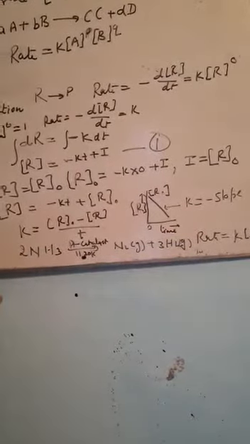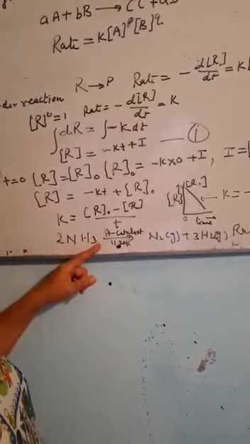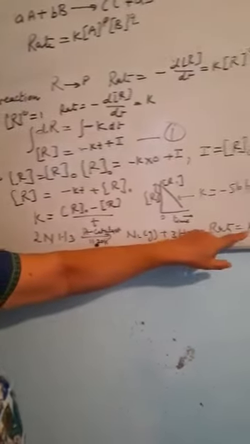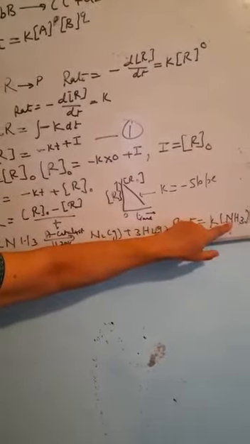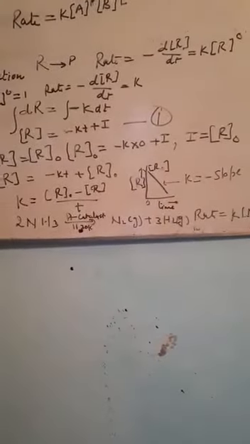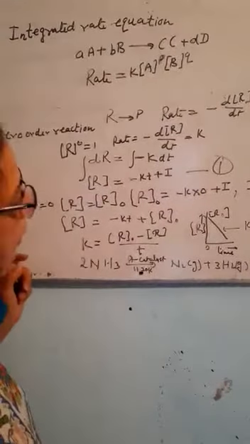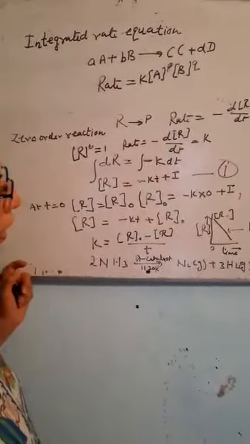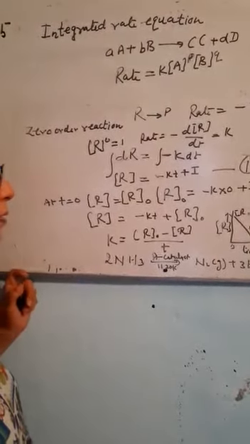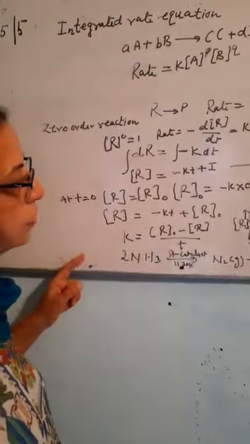There are a large number of reactions, like the decomposition of ammonia at the surface of platinum. It is a zero order reaction. Similarly, we can write rate is equal to k [NH3]^0. Similarly, the decomposition of HI at the surface of gold is also a zero order reaction. There are so many reactions which are zero order reactions. In a zero order reaction, the rate becomes independent of the concentration. We can very easily calculate the value of k by using this equation.